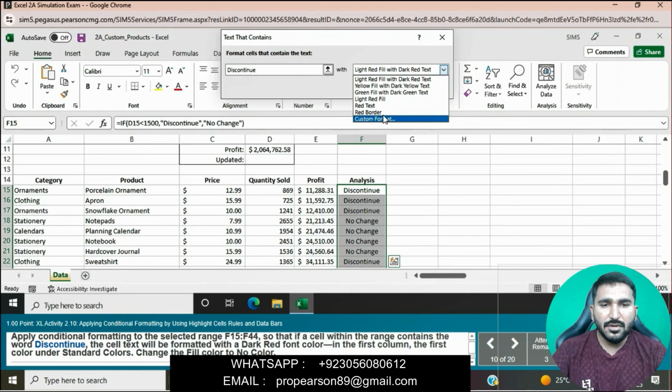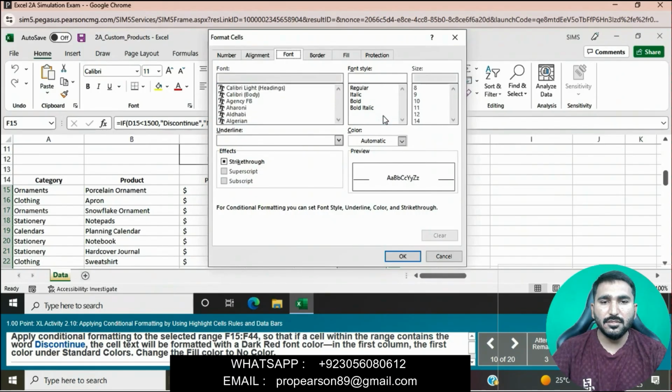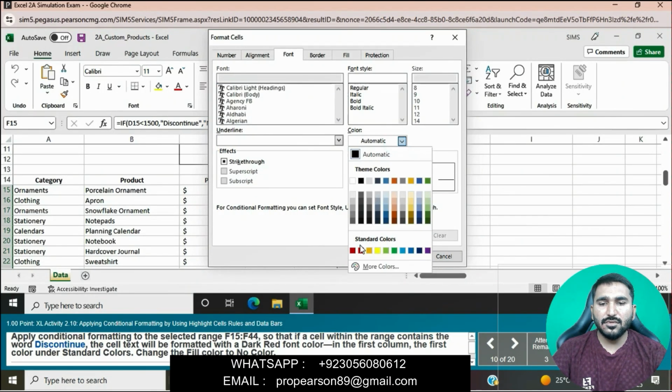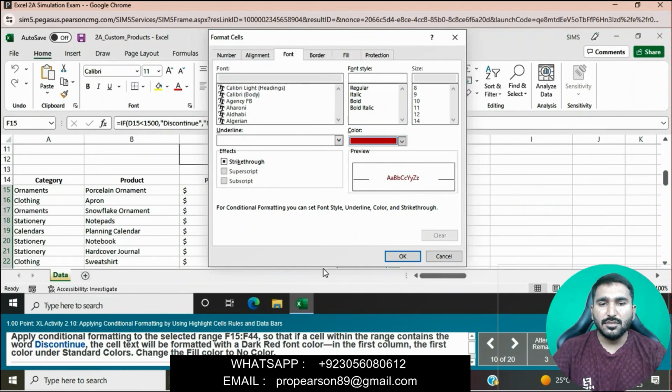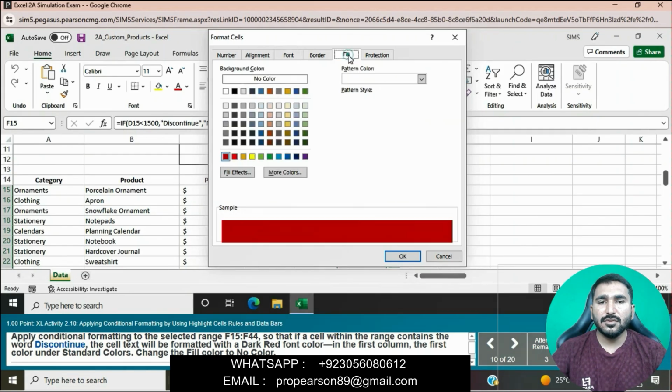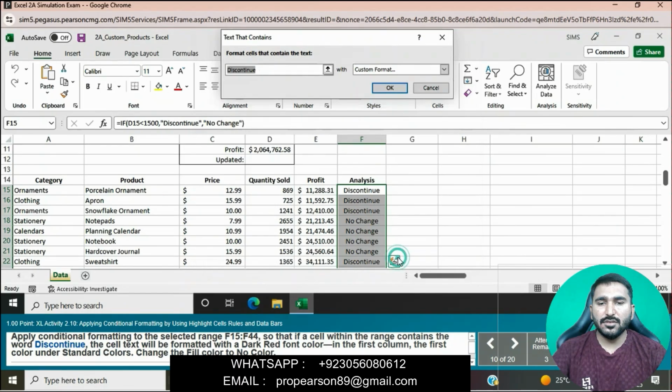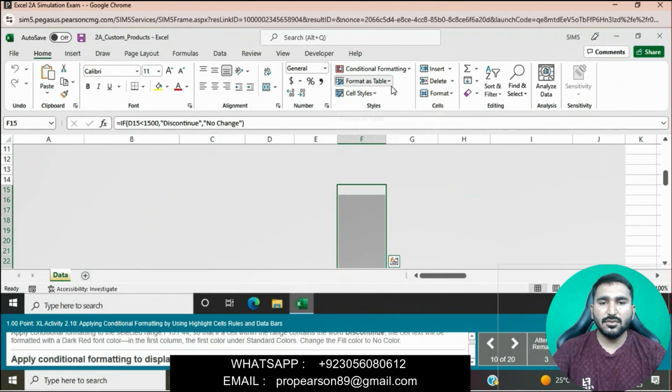where is the dark red text, dark red font color in the first column, color under standard color. Change the fill color to no color, and then no color. Click on OK. Okay, again OK.